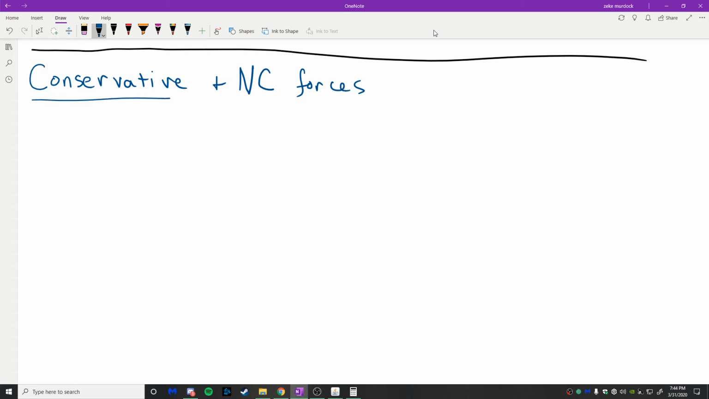Okay, so the last topic for tonight then is conservative and non-conservative forces. So I'm just going to say NC for non-conservative forces. And we'll talk about non-conservative forces first. So a non-conservative force